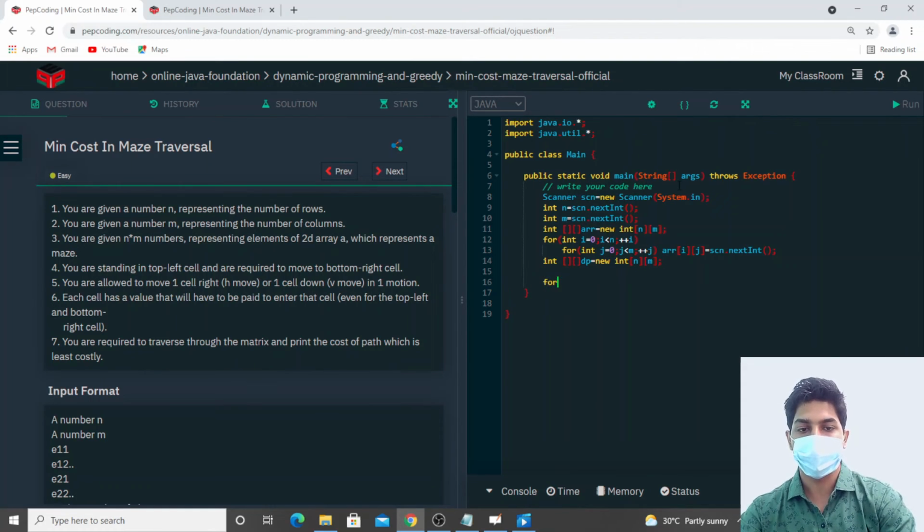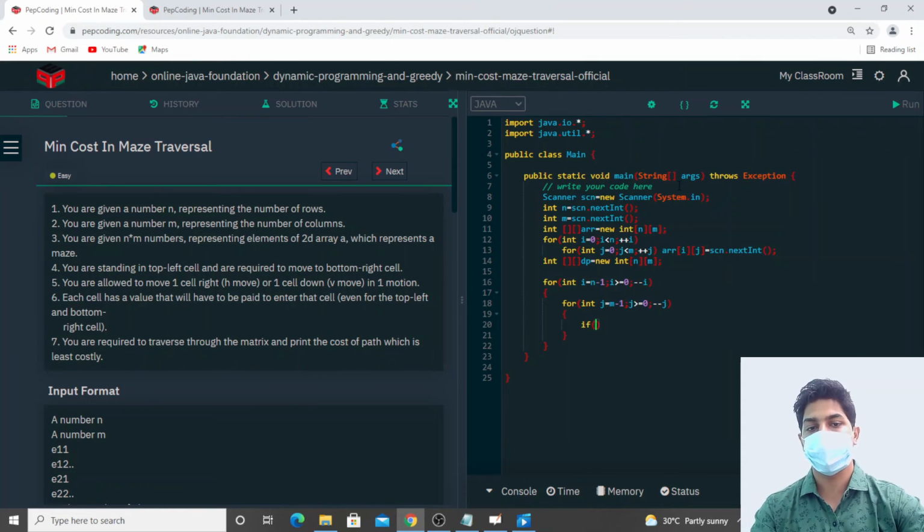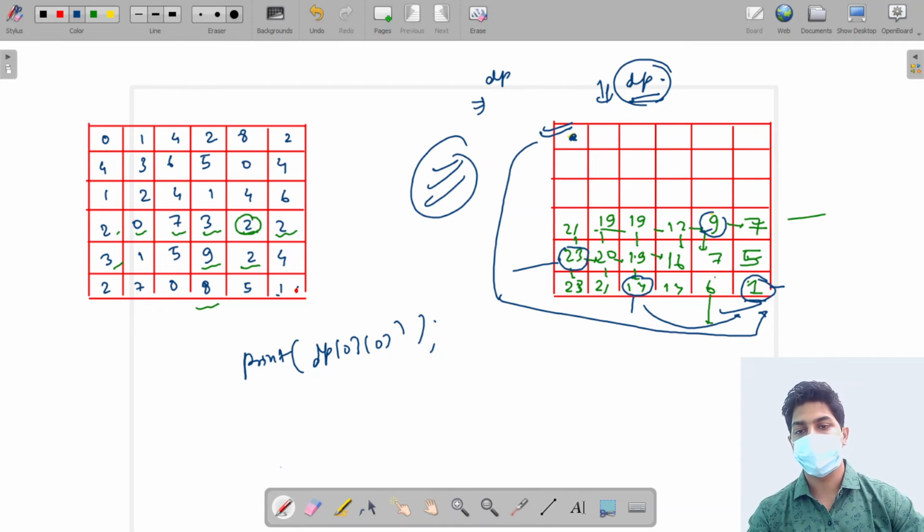Now let's fill this array from bottom to top and right to left. We need to handle the base cases which I have told you, like when we are in this particular cell.